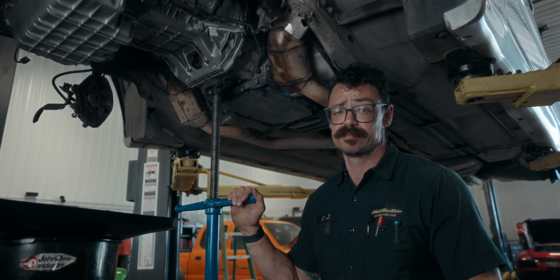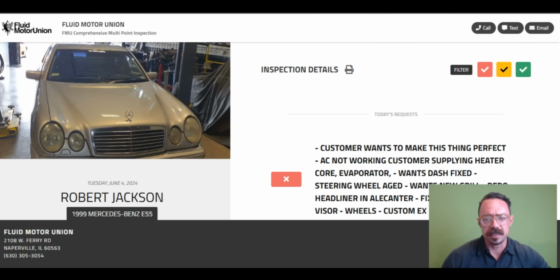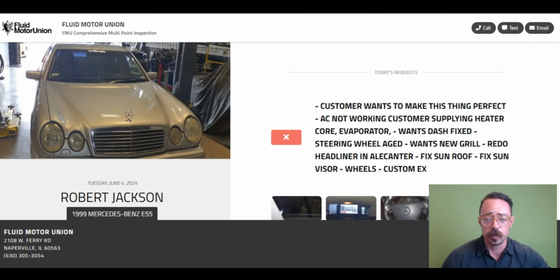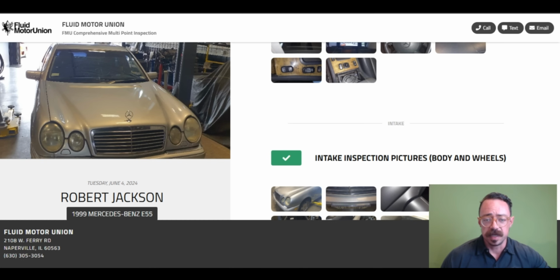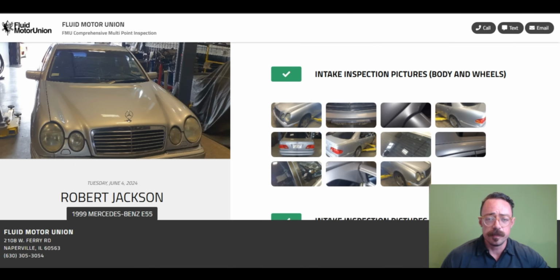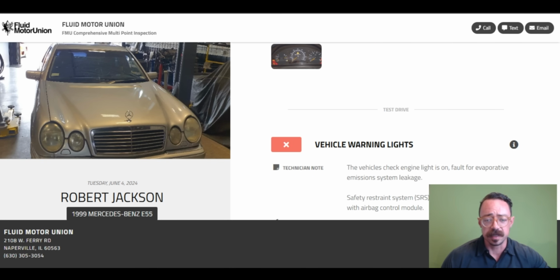No one. All right, so I've got the inspection, the digital inspection that we do here, and I'm going to go over it with you guys real quick. Anytime a customer says they want to make this thing perfect, this is what we're going to be looking for. So you can read all this stuff that he's looking to get done. And like I said, this thing was in pretty decently good condition,